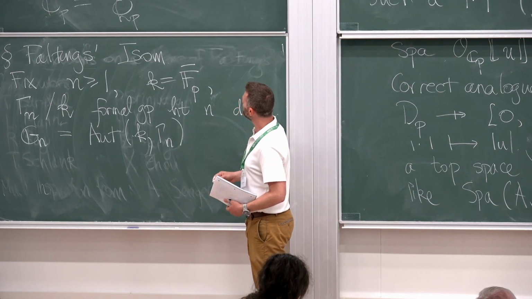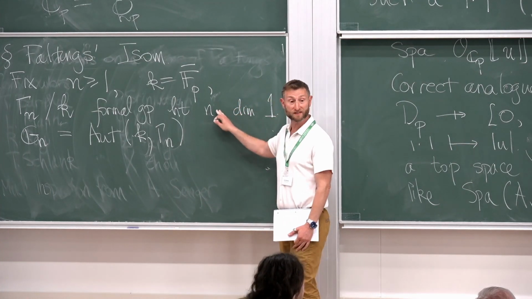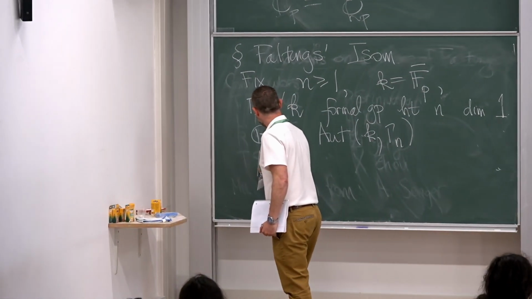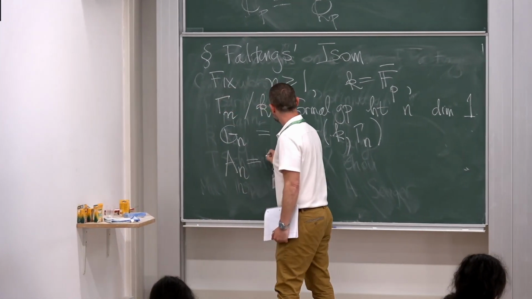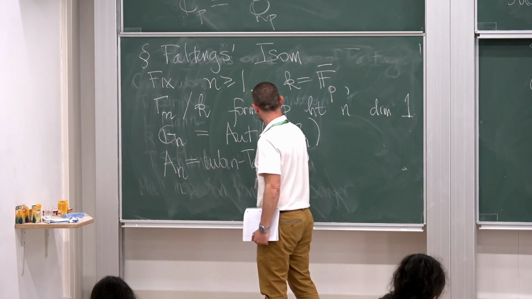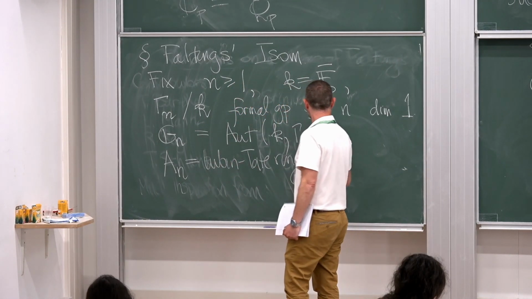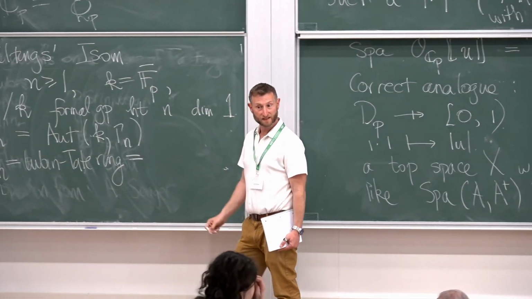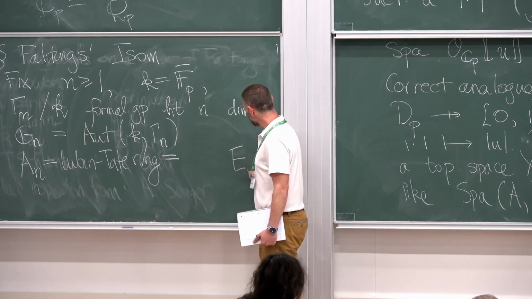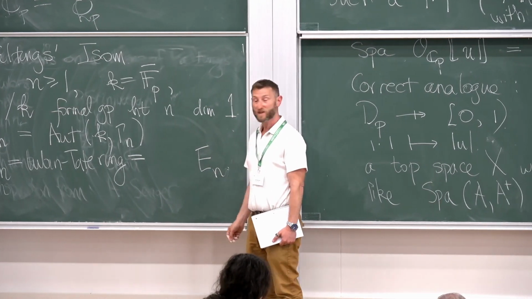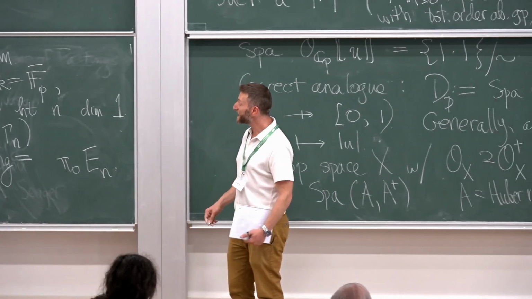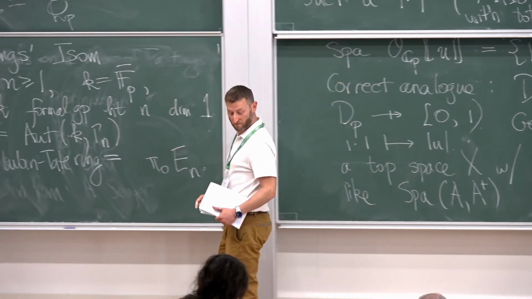And then the next thing is to consider deformations of this gamma n. So I want to make a notation like this. An is going to be the Lubin-Tate ring. There are a few other descriptions of it. The one most familiar to people in this room, I think, is that you consider Morava E theory and just take its pi 0.